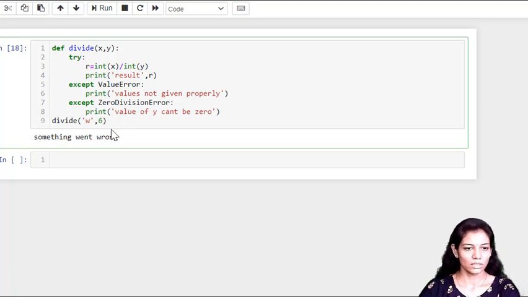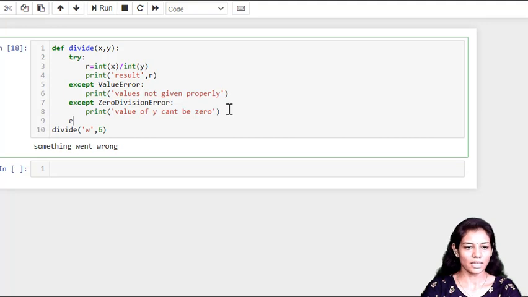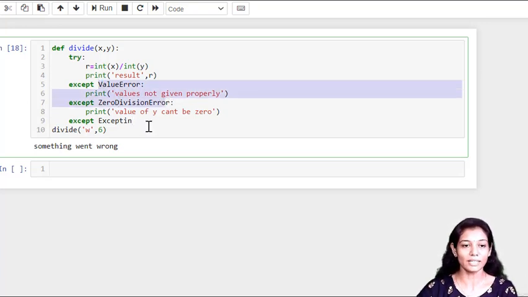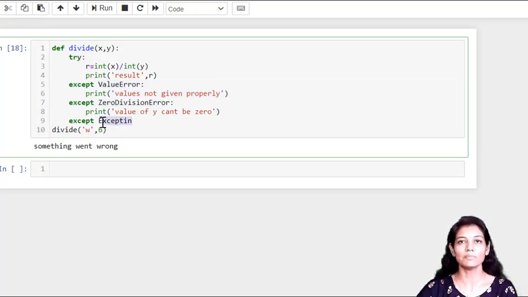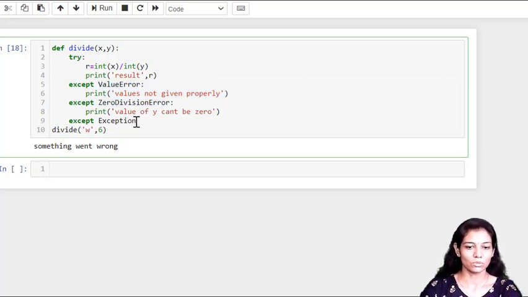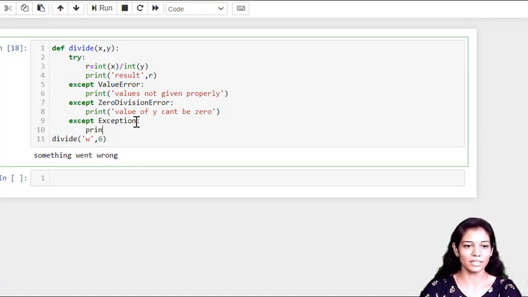And the last thing, which is except, I may write Exception. Why should this class be last? Because this is the highest version, the base class of all the exception classes. That's why we are writing it at the last. So if we don't find any match, in that case any sort of exception will be matched with Exception. That is why we are writing this at last, and write something went wrong, because here we are not sure about what sort of error has been generated. So here we are writing one general message